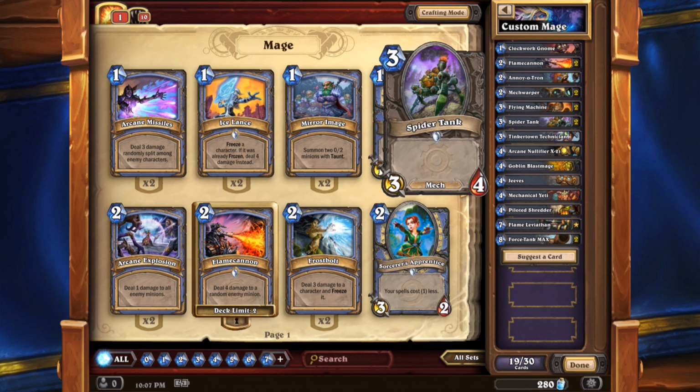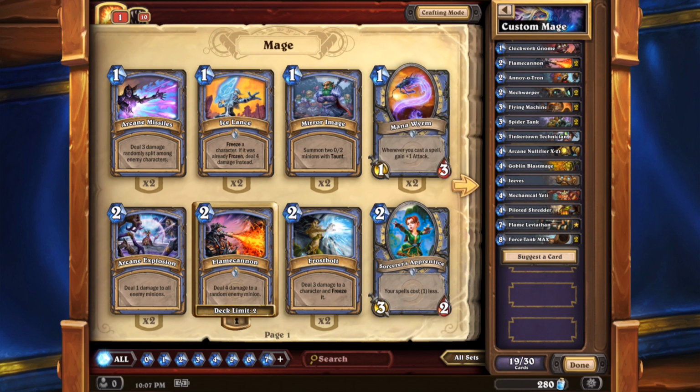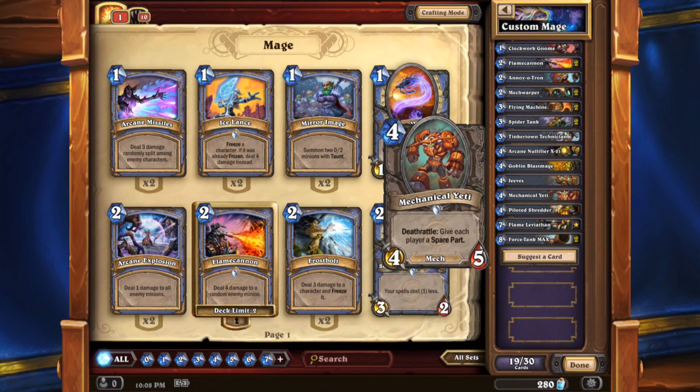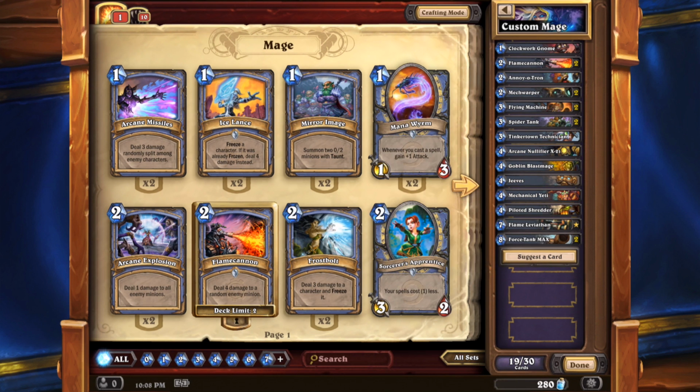The Flying Machine, Spider Tank. I'm just looking for anything that would interact with a very specific card that I'd want to have. Most of these, I think, are just mechs. Yeah, they just interact with mechs. So I can add pretty much whatever I want. I do have spells, so...